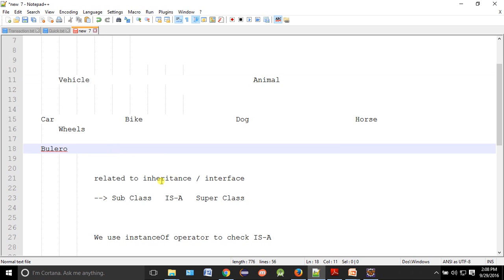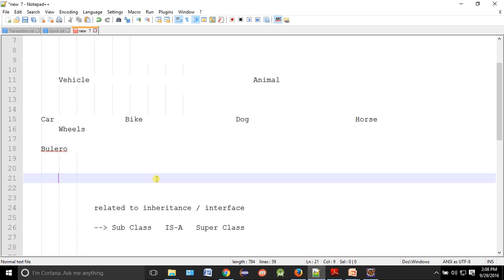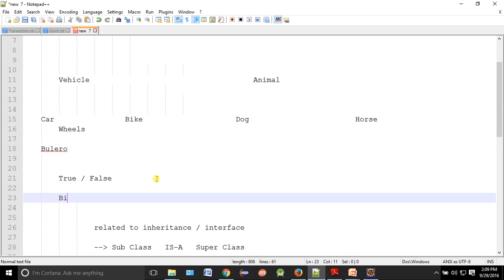The question will be something like true or false: bike has wheels. Something like this sort of question will be there.